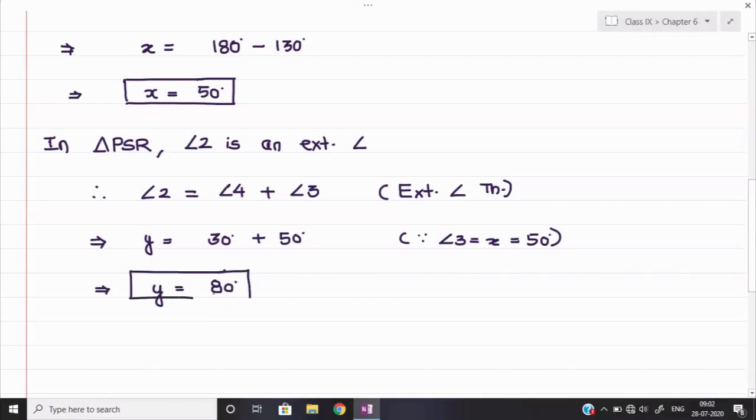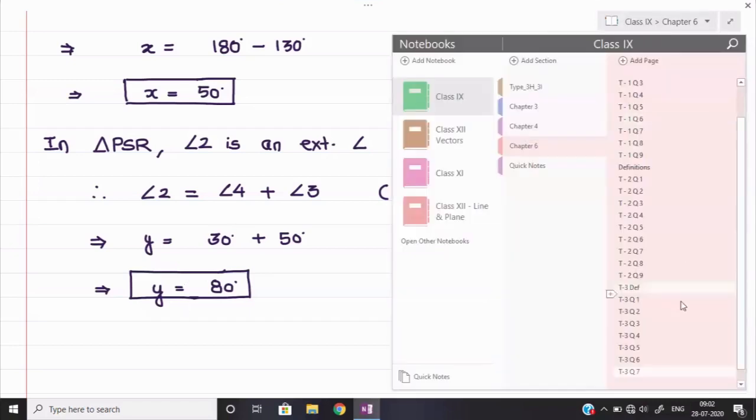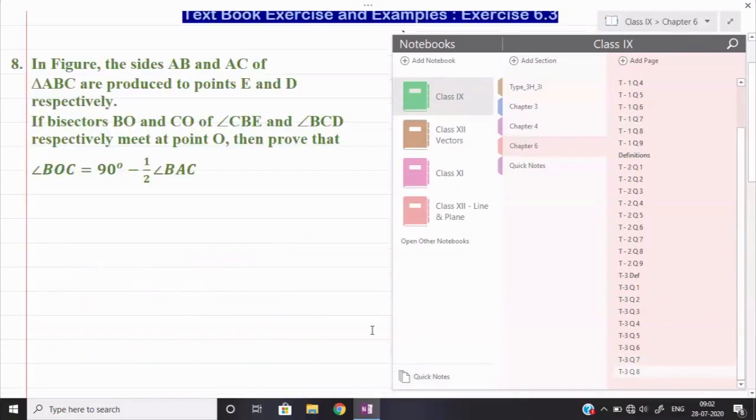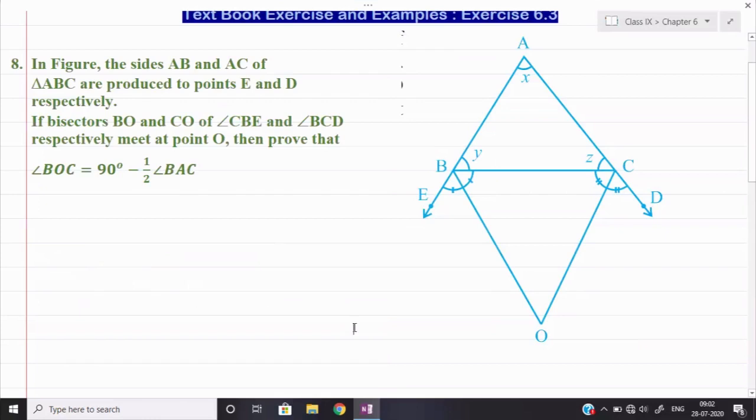Okay, so students, we have finished these 3 questions. Actually I planned to finish question number 4, which is the last question of the exercise, or you can say the type over here, but since this session is becoming long, I will require a minimum of 10 to 15 minutes to finish that last question. So this last question, actually I will show you the question. This question we shall finish in the next session. In the next session we will complete this question.